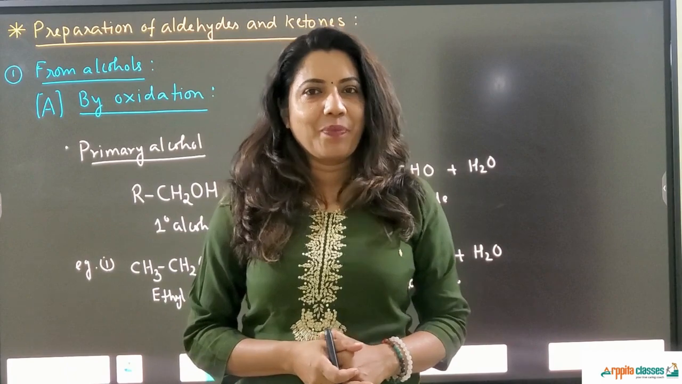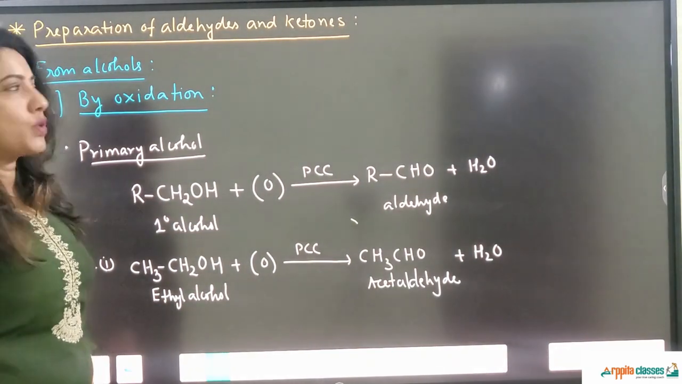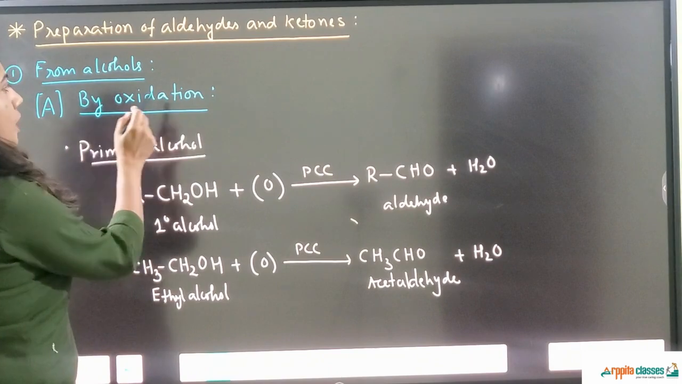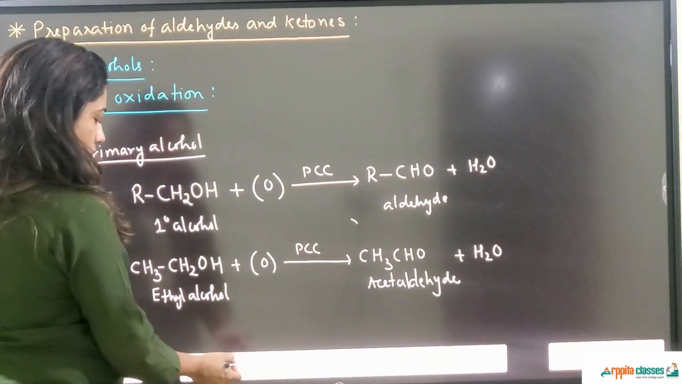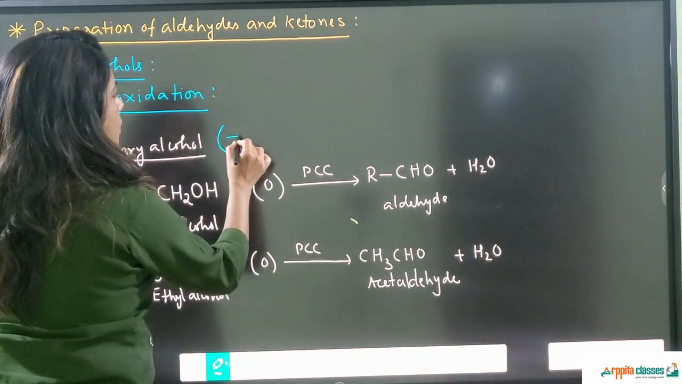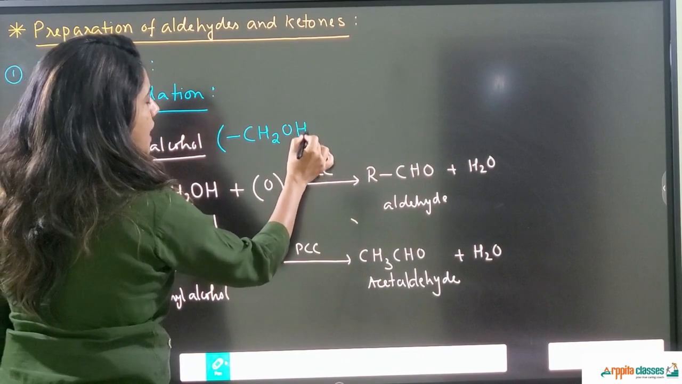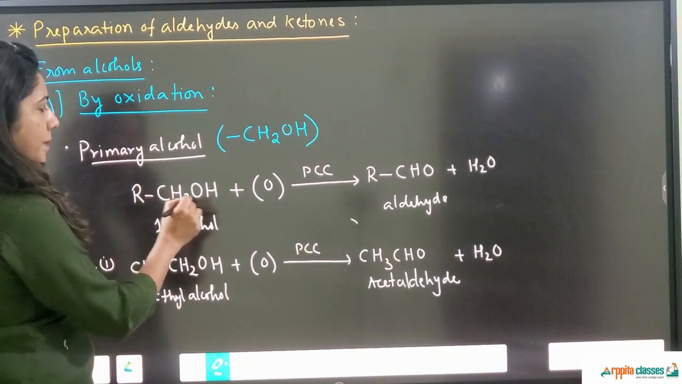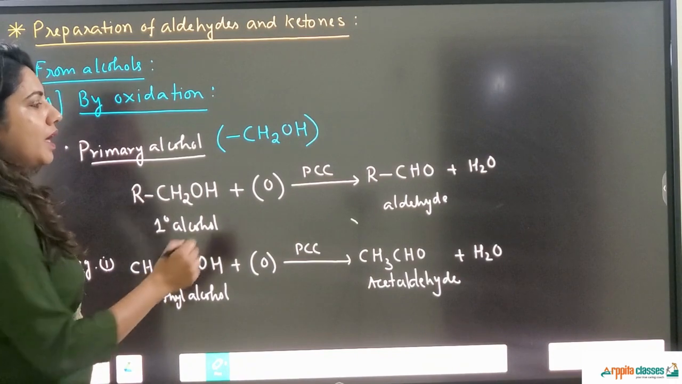Let's get started. So today we are going to cover preparation of aldehydes and ketones. The first preparation is from alcohols by the method of oxidation. Now if we have primary alcohol, what is primary alcohol? The primary alcohol has a functional group that is CH2OH. So whenever you see CH2OH, you understand it is primary alcohol. So if we have primary alcohol, this is RCH2OH, that's your primary alcohol, and we